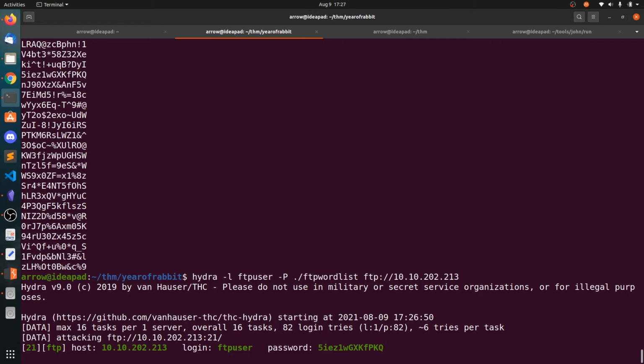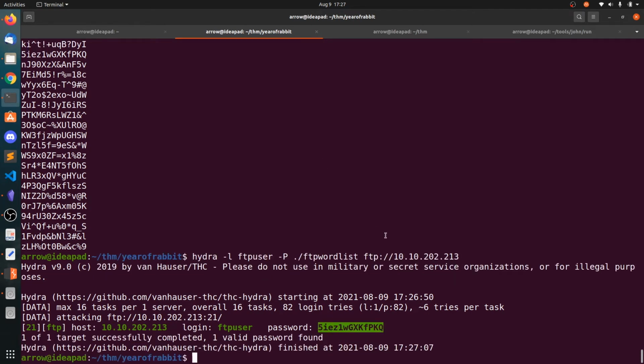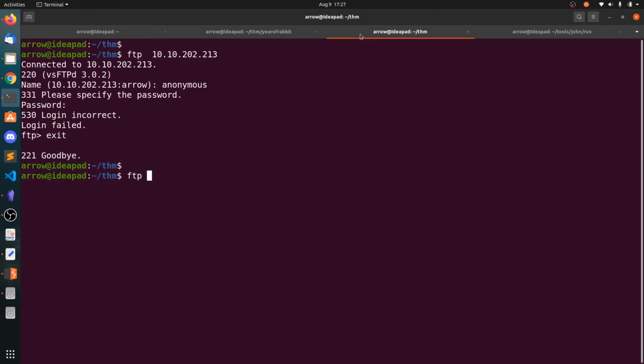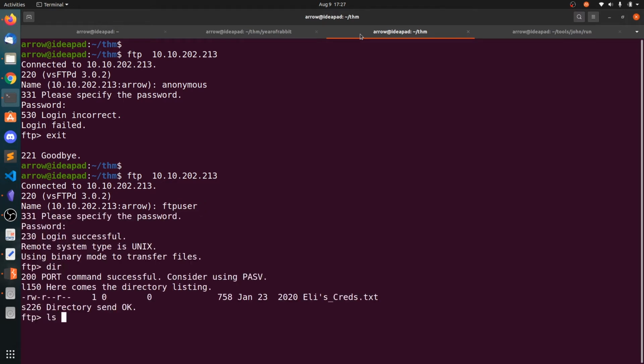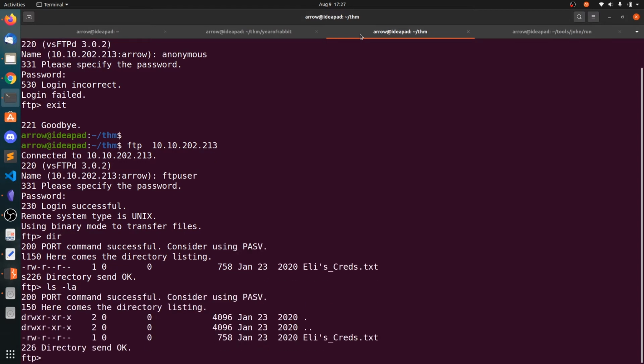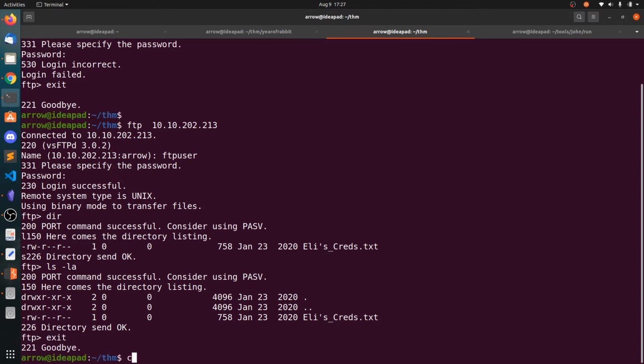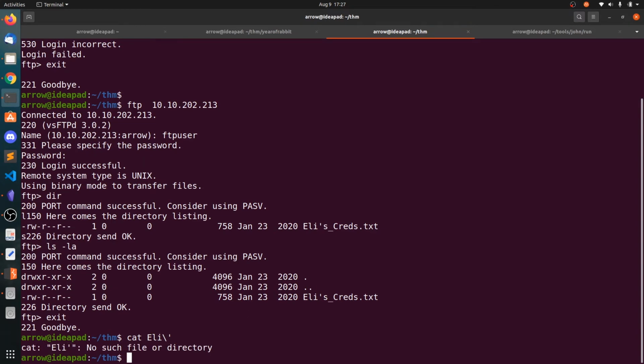Now we can see we got the password. Copy this one. Let's log in as ftpuser and paste the password. ls -la, and we have Eli's creds.txt. I have already got this one.